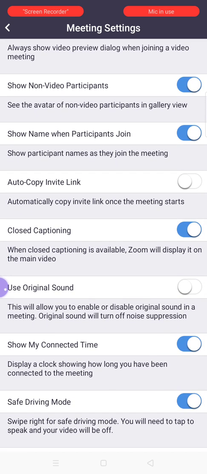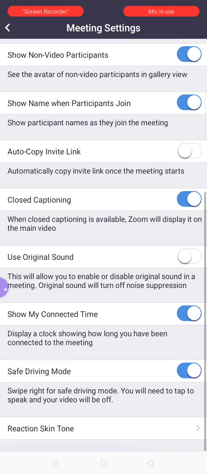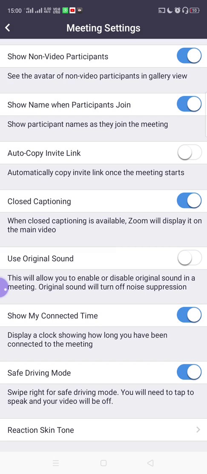Next is auto copy invite link, it will be disabled. Next is closed captioning, enabled, right? Here it is written, when closed captioning is available, Zoom will display it on the main video. So whatever message a participant is giving to the teacher, the message will appear on the screen. This is called captioning.